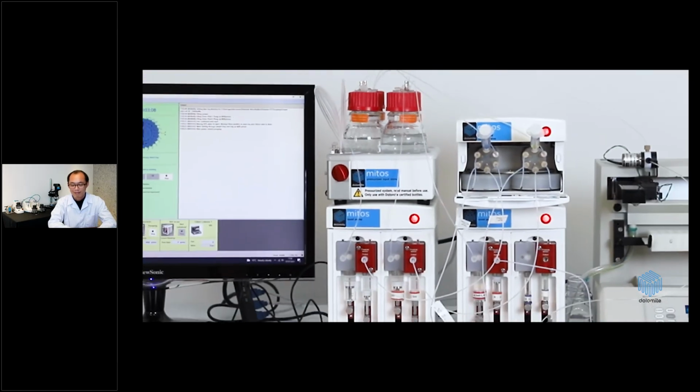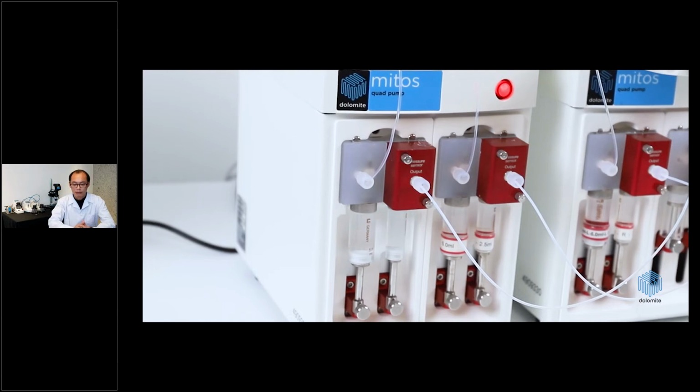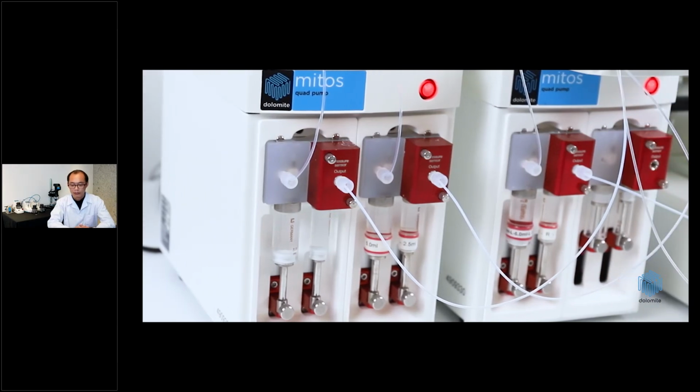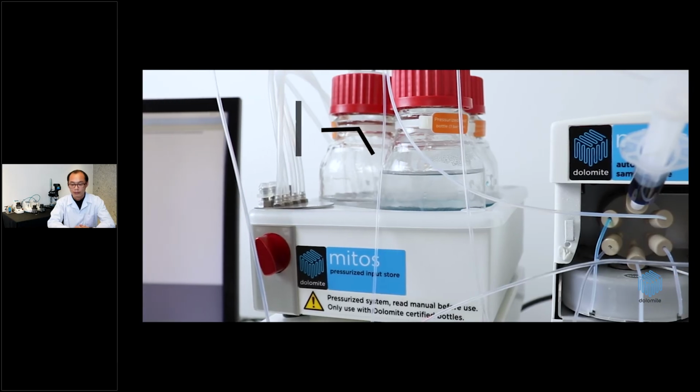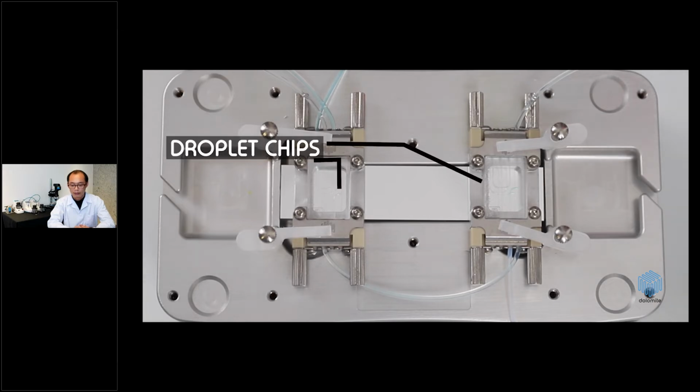To facilitate our customers' work in these areas, I'm pleased to introduce the Automated Nanoparticle System by Dolomite Microfluidics. The system features two Dolomite quad pumps, each of which holds two pairs of syringes that aspirate and dispense the driving fluid held here in the bottles of the pressurized input store. The driving fluid primes the fluidic pathway, including the sample loops in the automated sample valve, the droplet chips, and